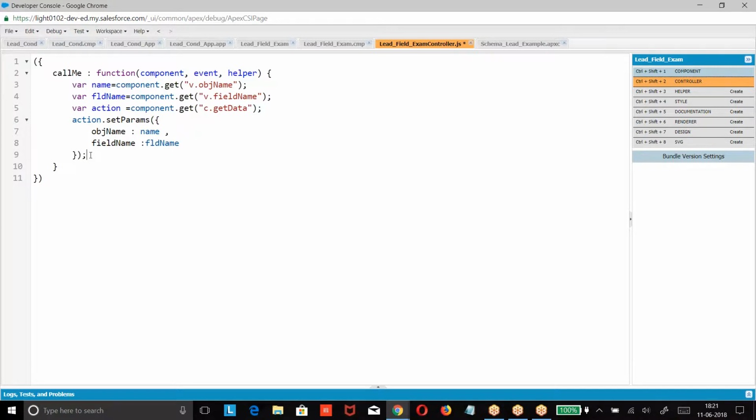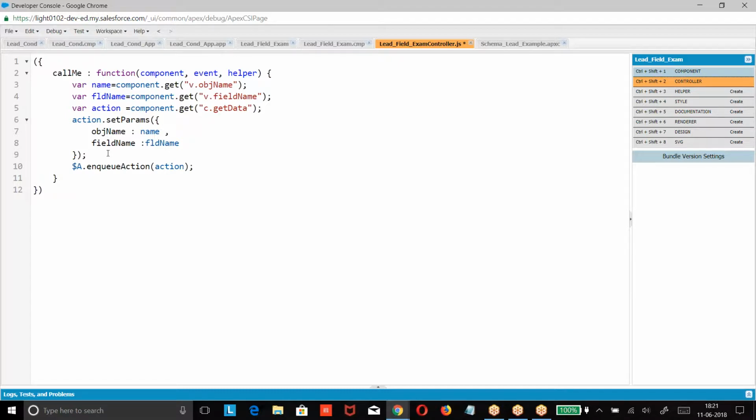Whatever the names you have given, the same names I have to pass. OBJ name, the value is name. Field name, the value is a field name. When you call this, I was supposed to enqueue this action, because every operation will run like an asynchronous operation.